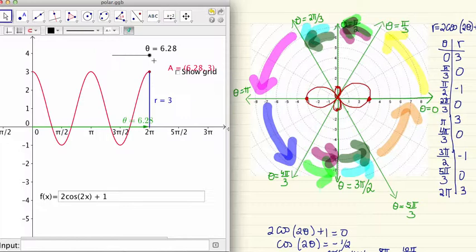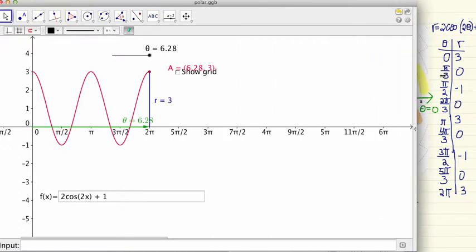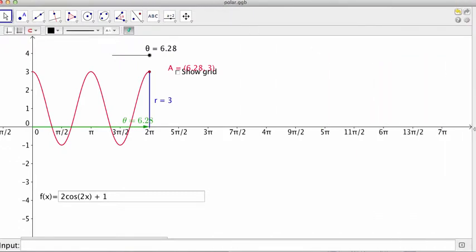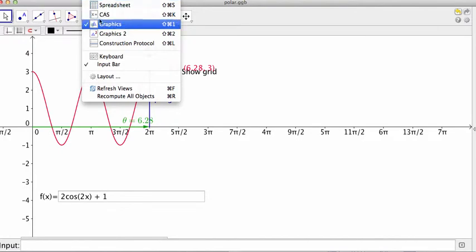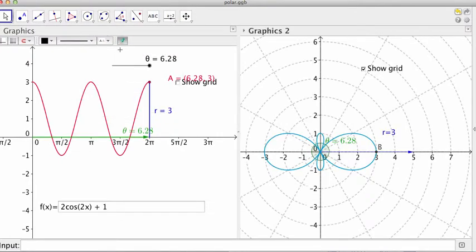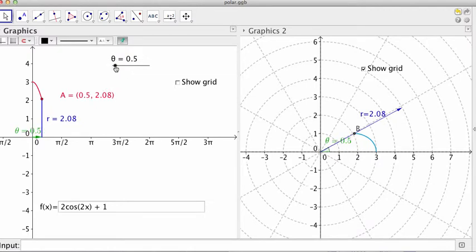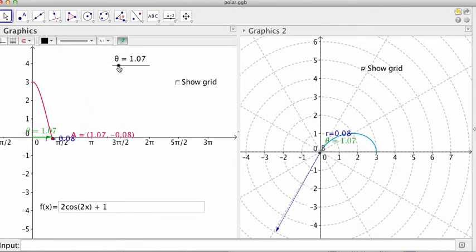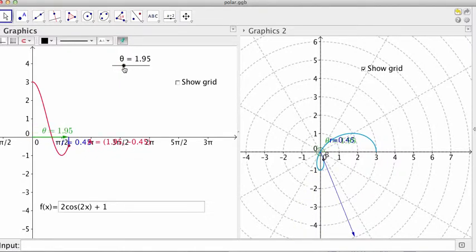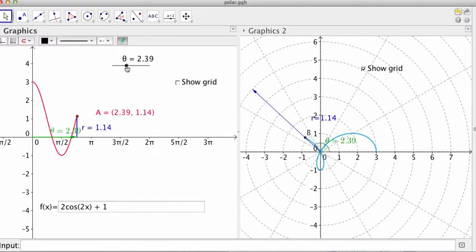I can show you a better picture if I view graphics 2. So there's what the curve should look like, and you can see it being generated from the beginning. So as I go around, I hit 0 and then I switch over to quadrant 3 and then I hit 0 again and